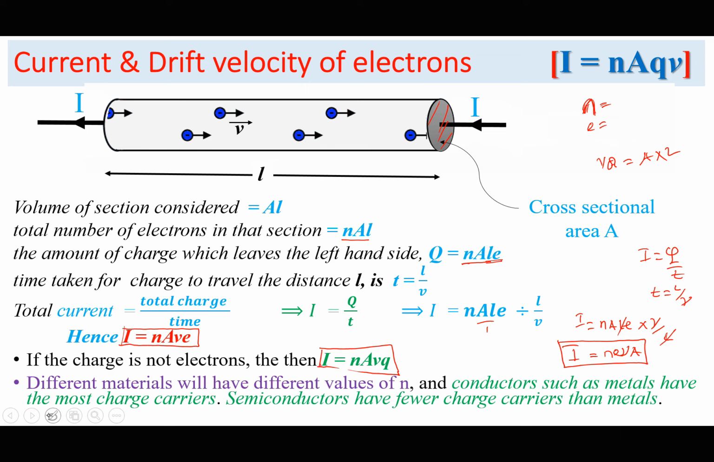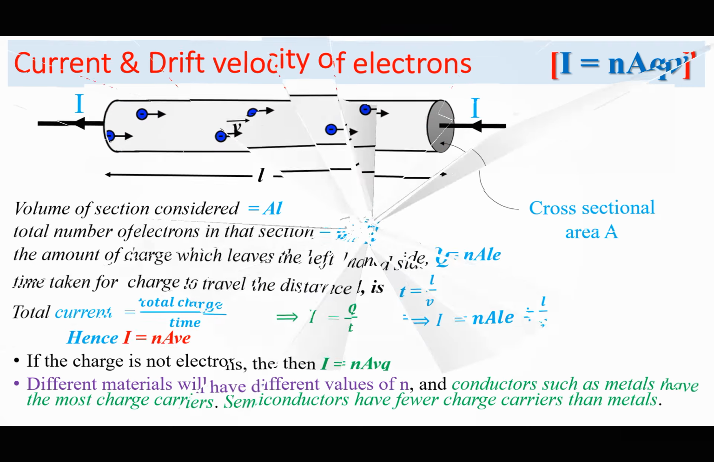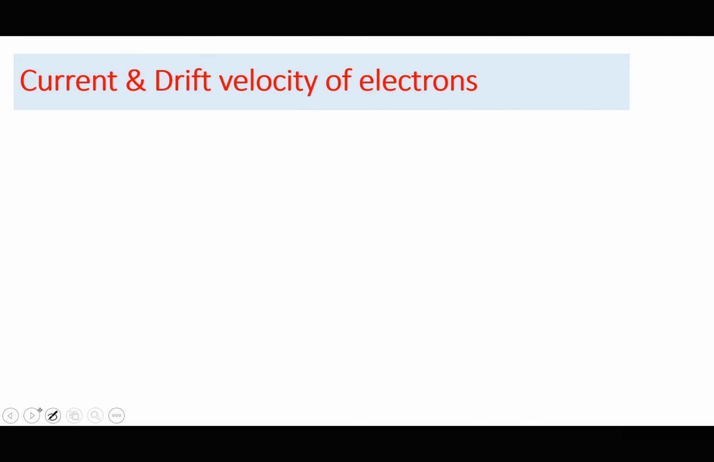And the time for a charge carrier to go from one end to the other end is the distance divided by the speed. So from the definition of current as the rate of flow of charge carriers, or total charge divided by time, we should be able to arrive at an expression such as I equals nAvq. And we shall be using this expression many times in calculations. In summary,